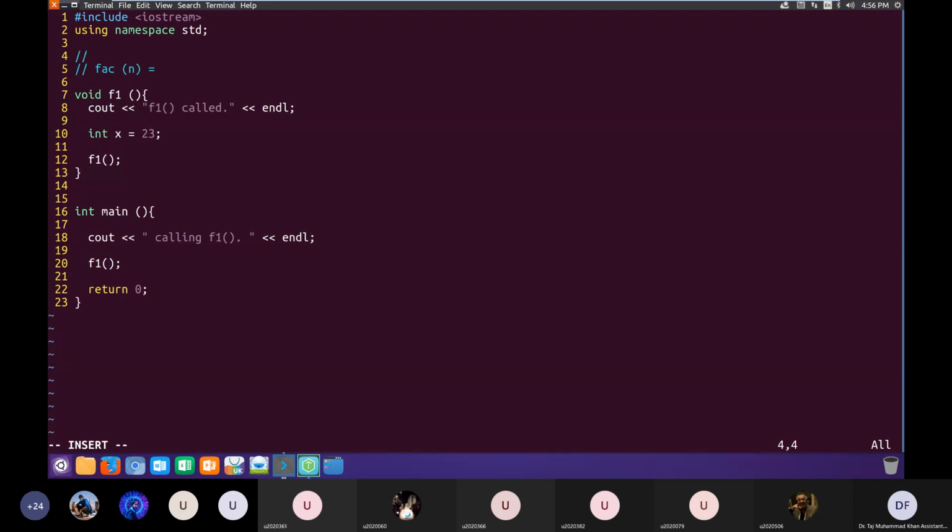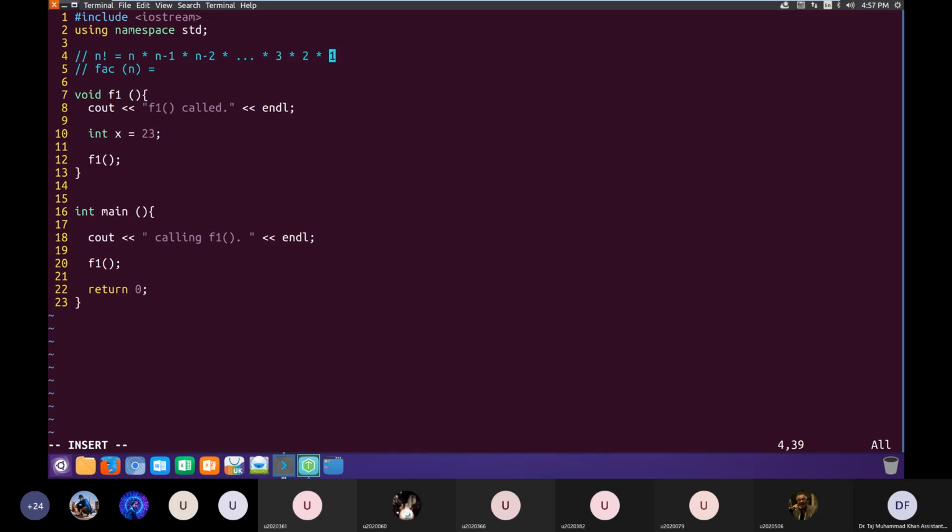Let me write this. So n factorial is equal to n multiplied by n minus 1 multiplied by n minus 2 multiplied by whatever, and ultimately multiplied by 3 multiplied by 2 multiplied by 1. So this is n factorial.